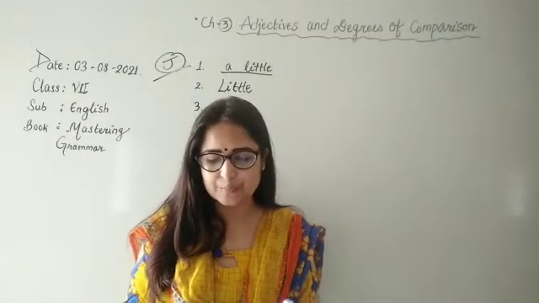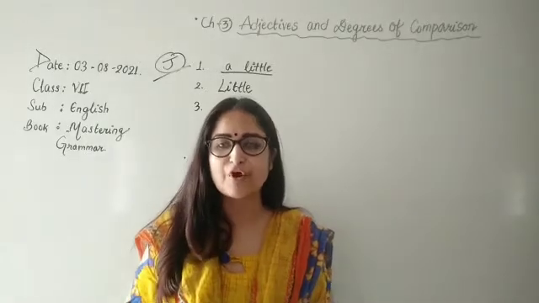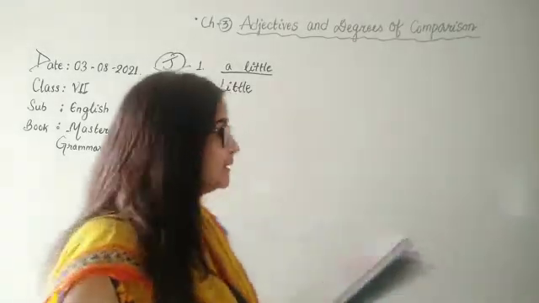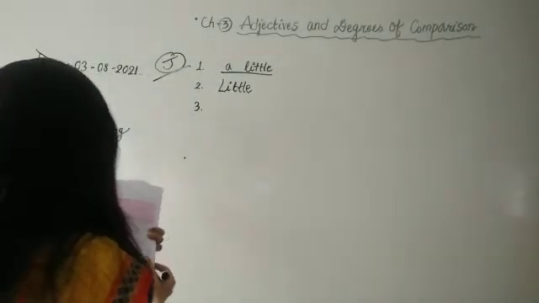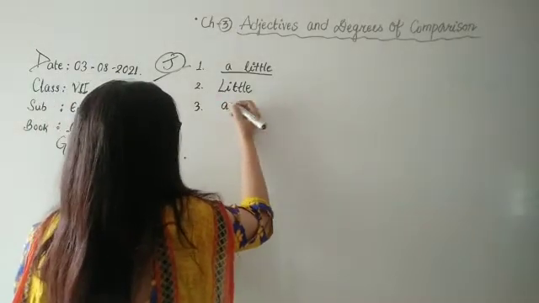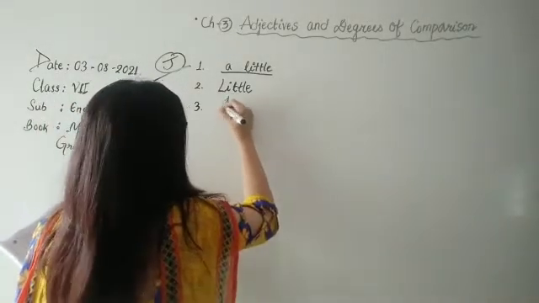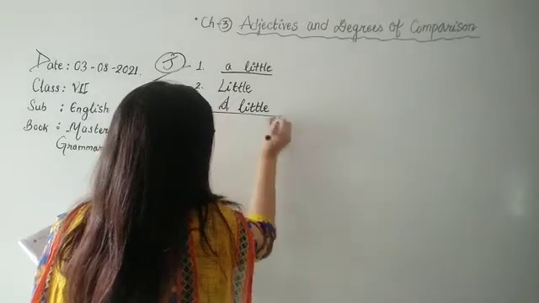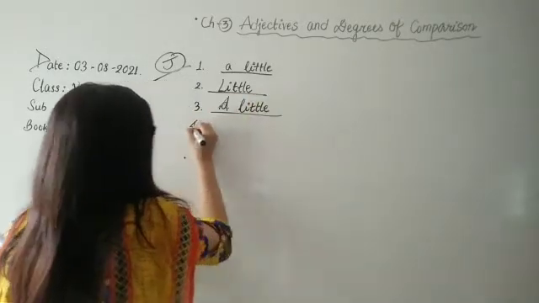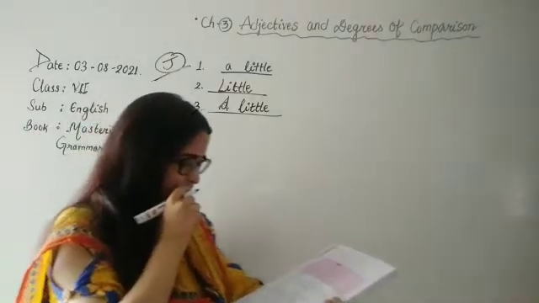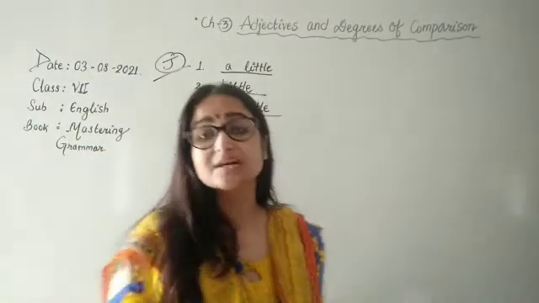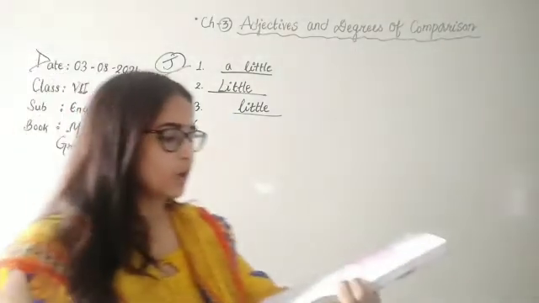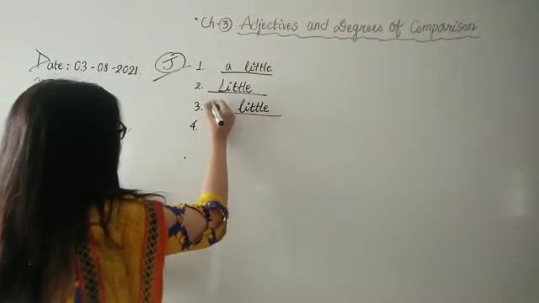Dash yogurt that was left was sufficient for her breakfast. Sufficient means enough. Because yogurt is again uncountable, here we have a little yogurt, because we are meaning it in a positive sense. It was enough, it was sufficient. That's why we are using a little, not little. Okay, we can use the little as well, because we are talking about the whole of the yogurt. See, the yogurt that was left. So, the little.